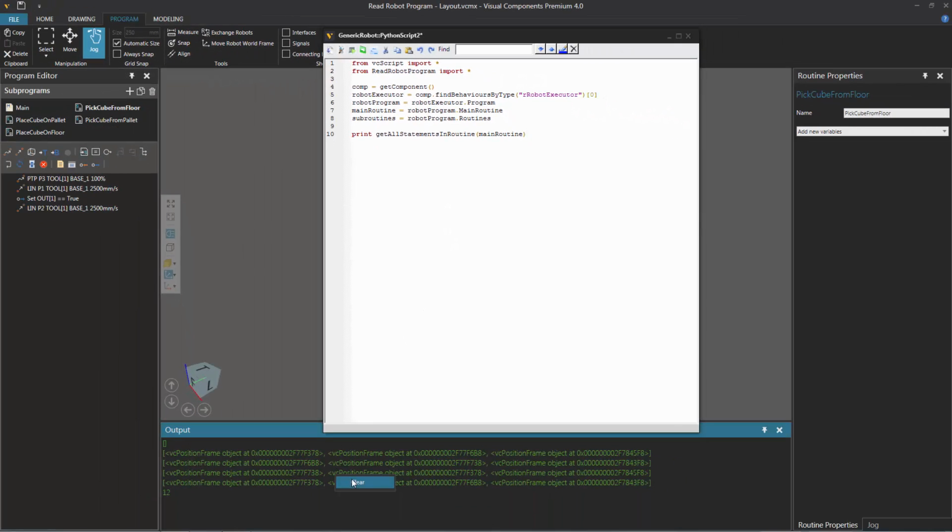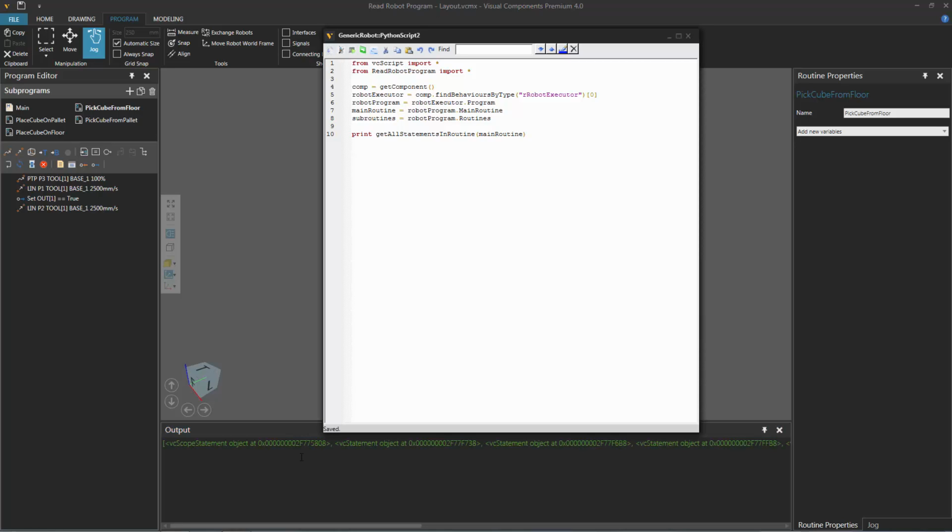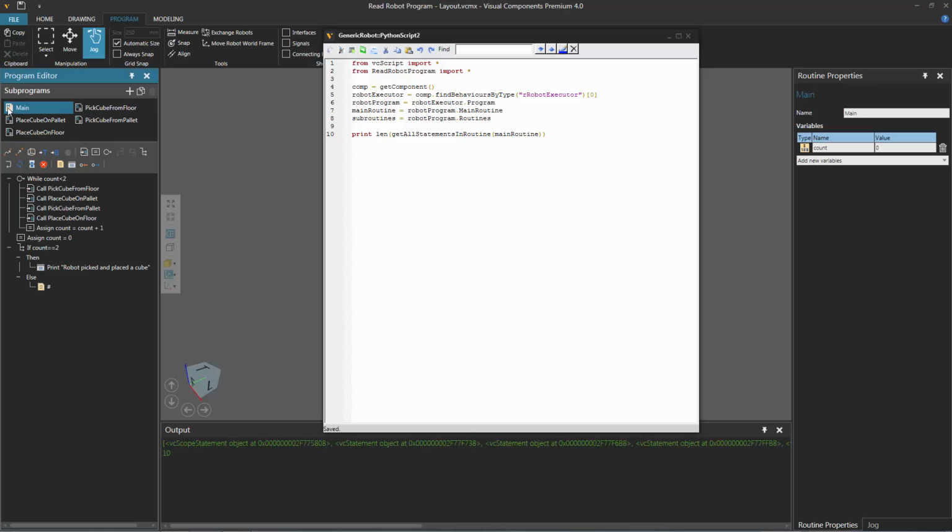Let's clear our output panel, compile the code, and we got a list of statements, y'all. All right, let's get the length of that to make sure. So use that length method again, compile the code, and we get a count of 10. And if we go back to our main routine, yep, there are 10 statements.